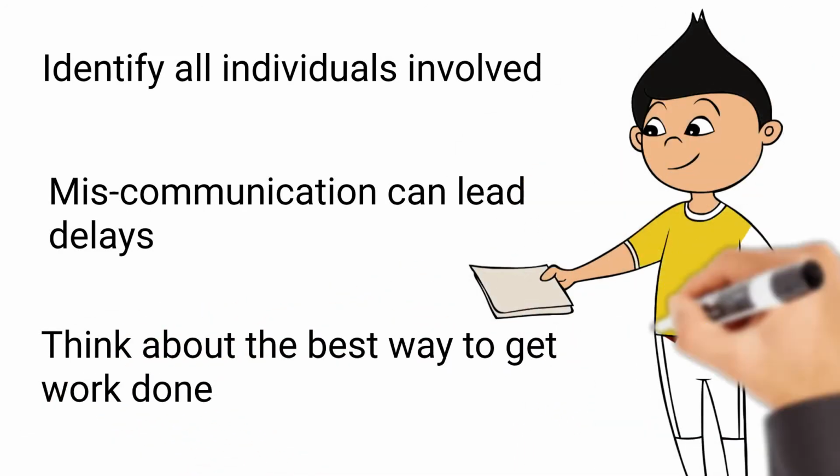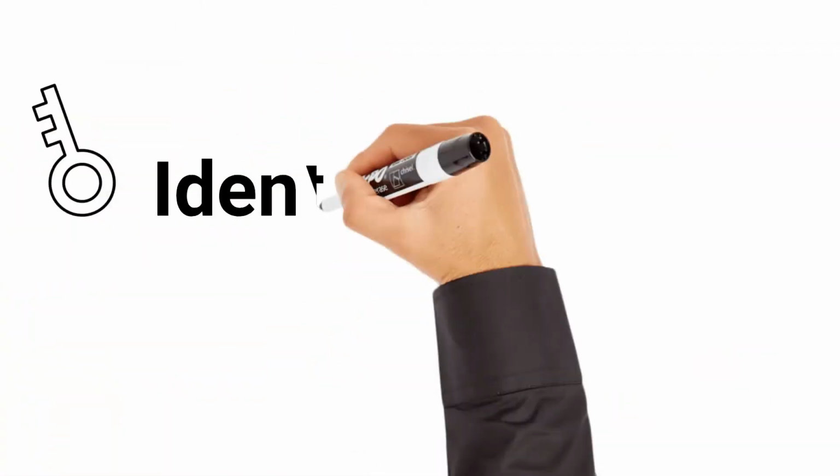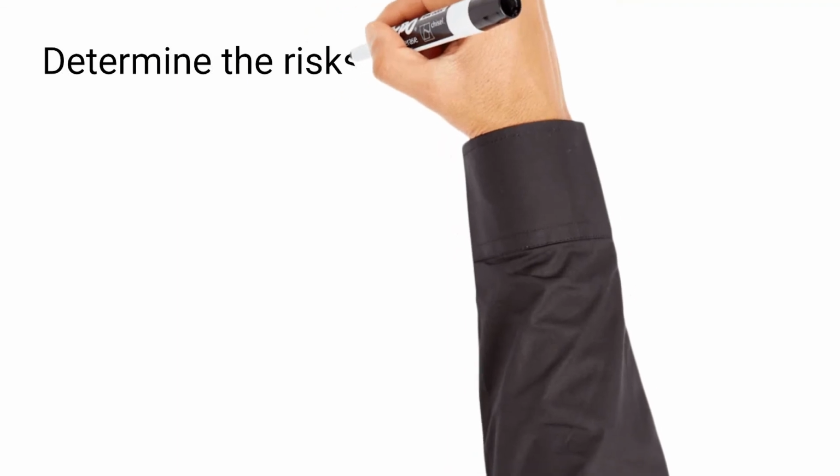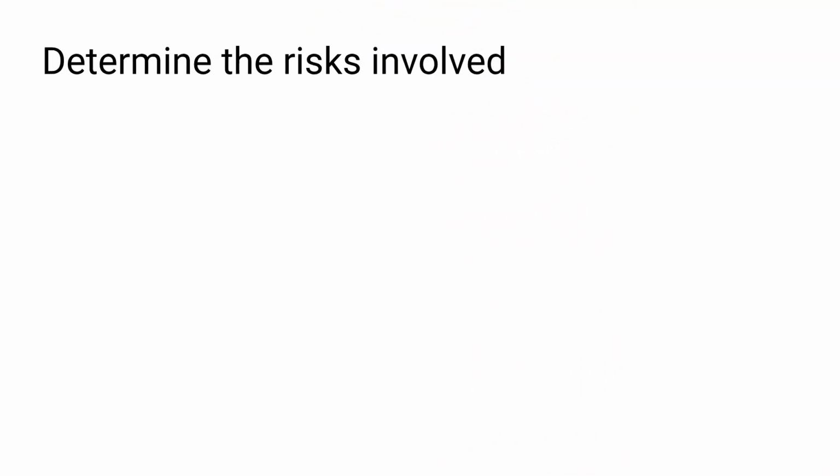The fourth key is to identify risks. Determine the risks involved in your project. Think through what you'll do if something takes much longer than expected, or if costs end up being much more than you initially anticipated. You don't have to have a specific course of action identified for every possible negative outcome,